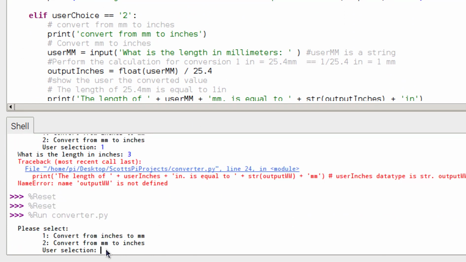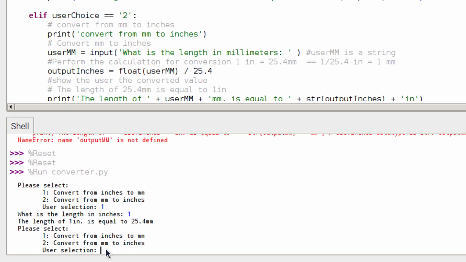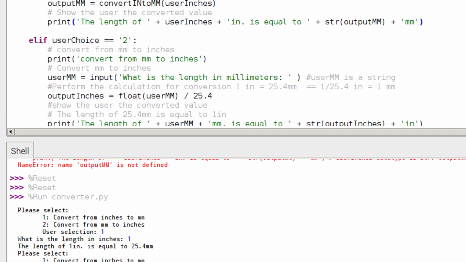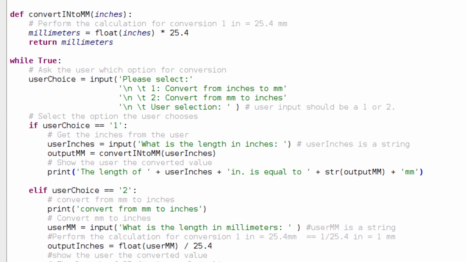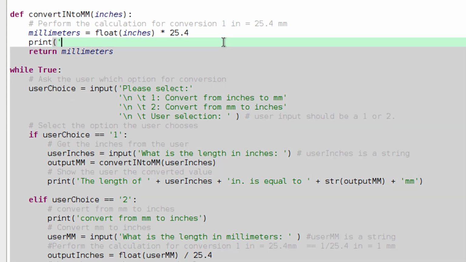Now all we've done right now is this convert inches to millimeters. Let's do a selection of 1, and let's do our 1 inch equals 25.4 millimeters. So we're back to the code doing essentially the same thing. Now you might be asking yourself, it feels like we did a lot more work to have this function defined. The best part about this function is that we can call it in other circumstances, or we can do other things inside the function. So let's just, so we know that we are in the function,